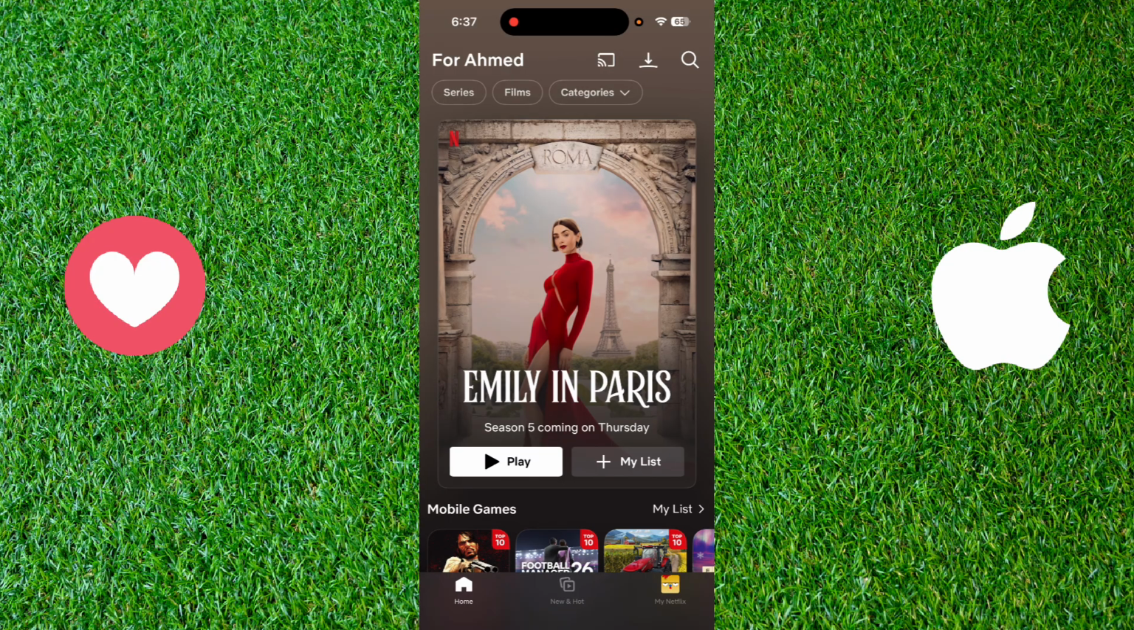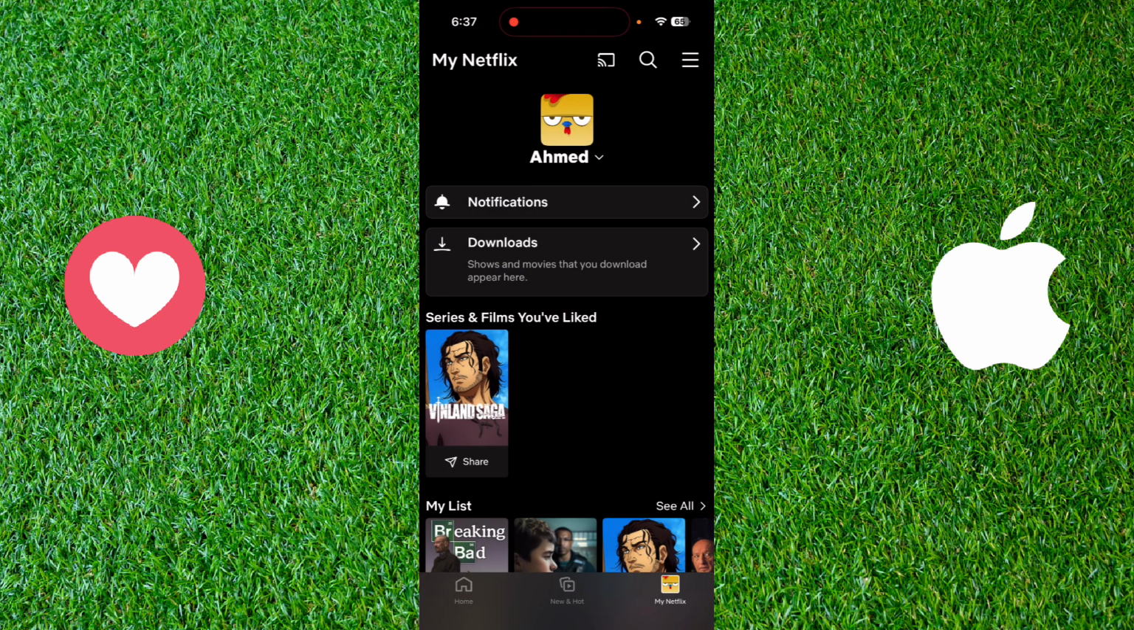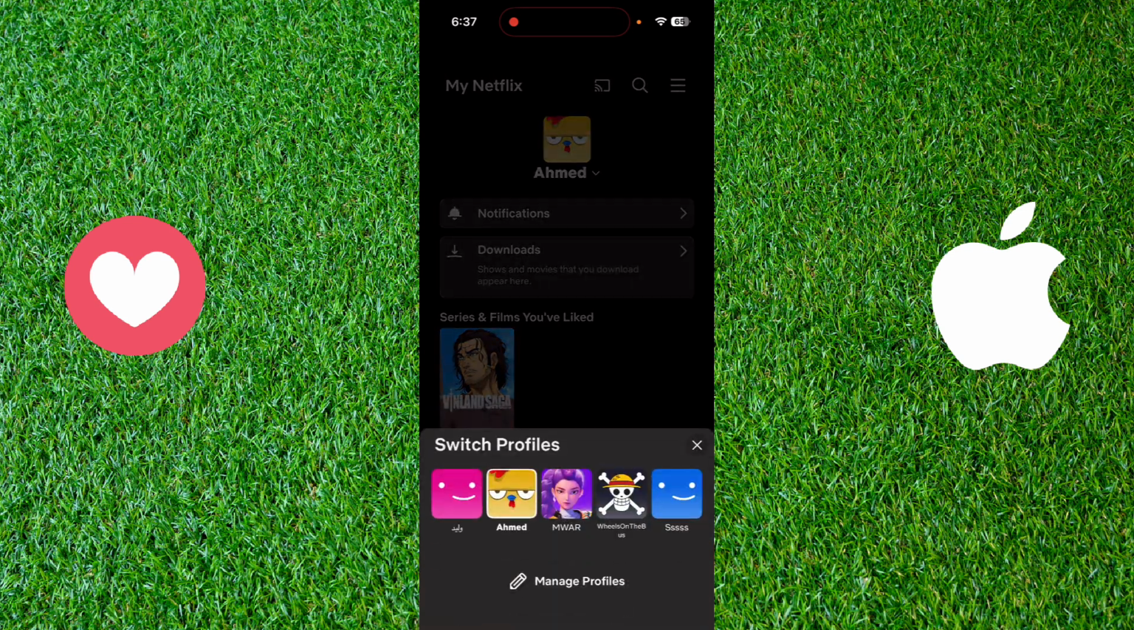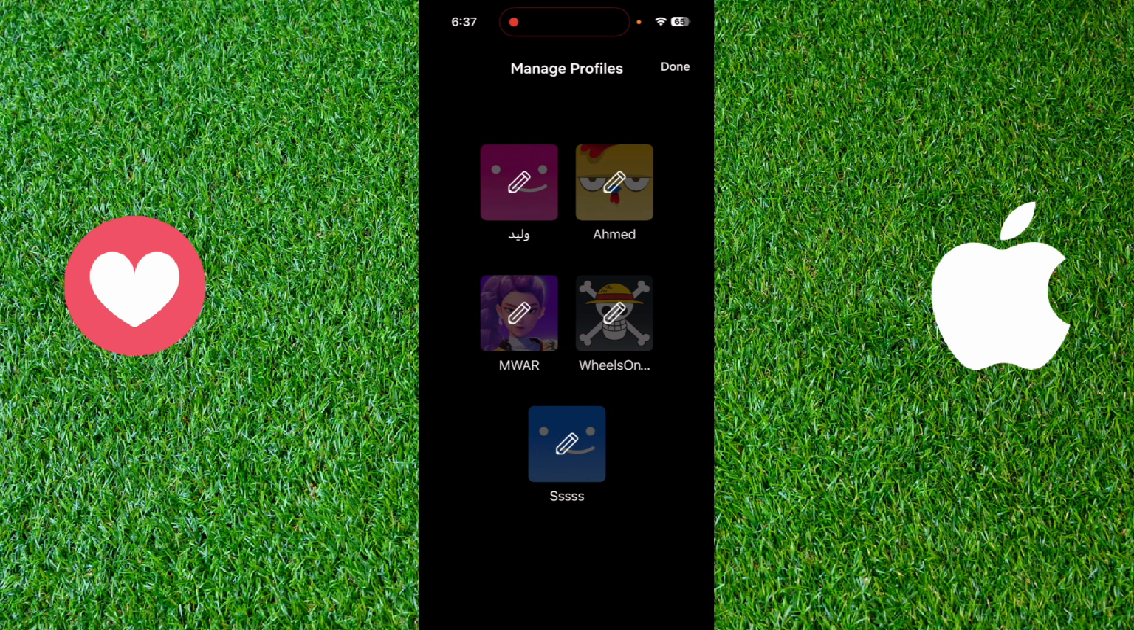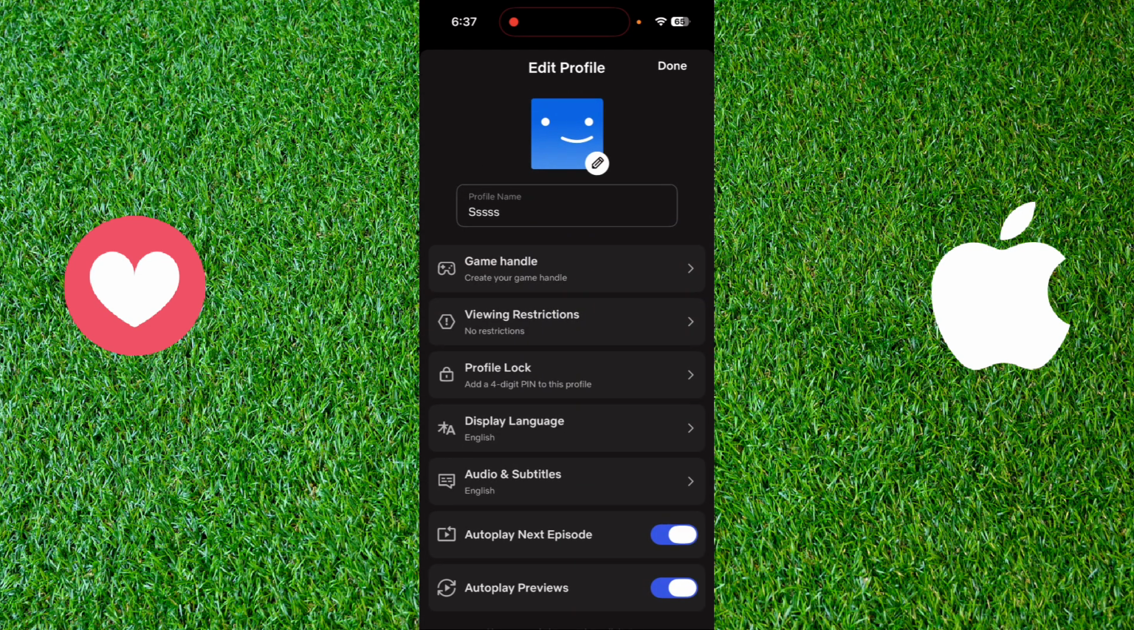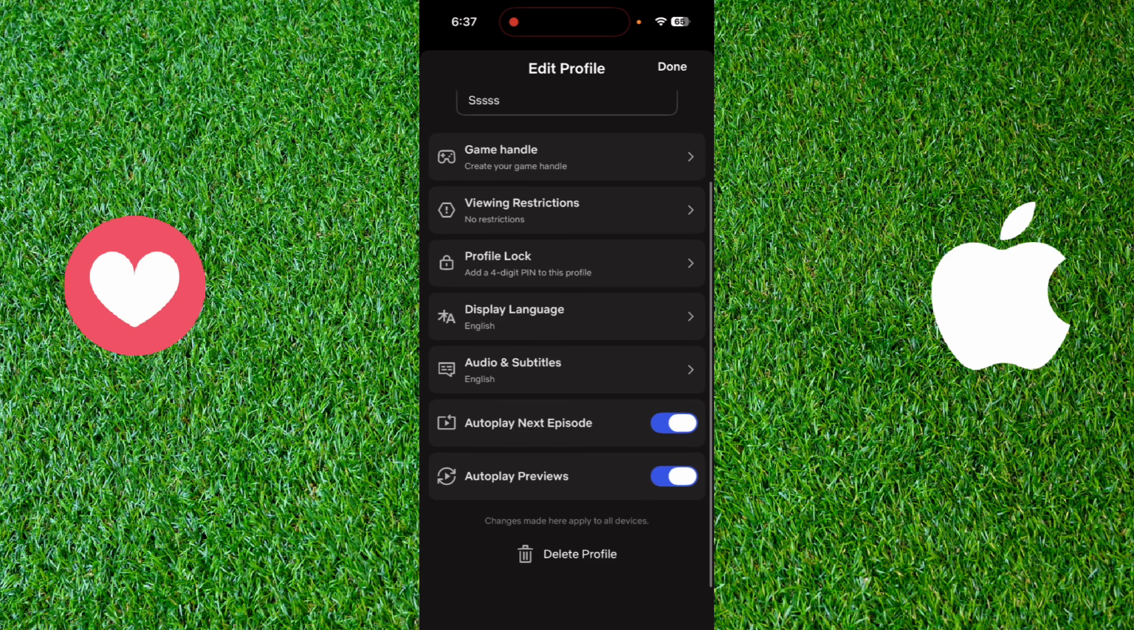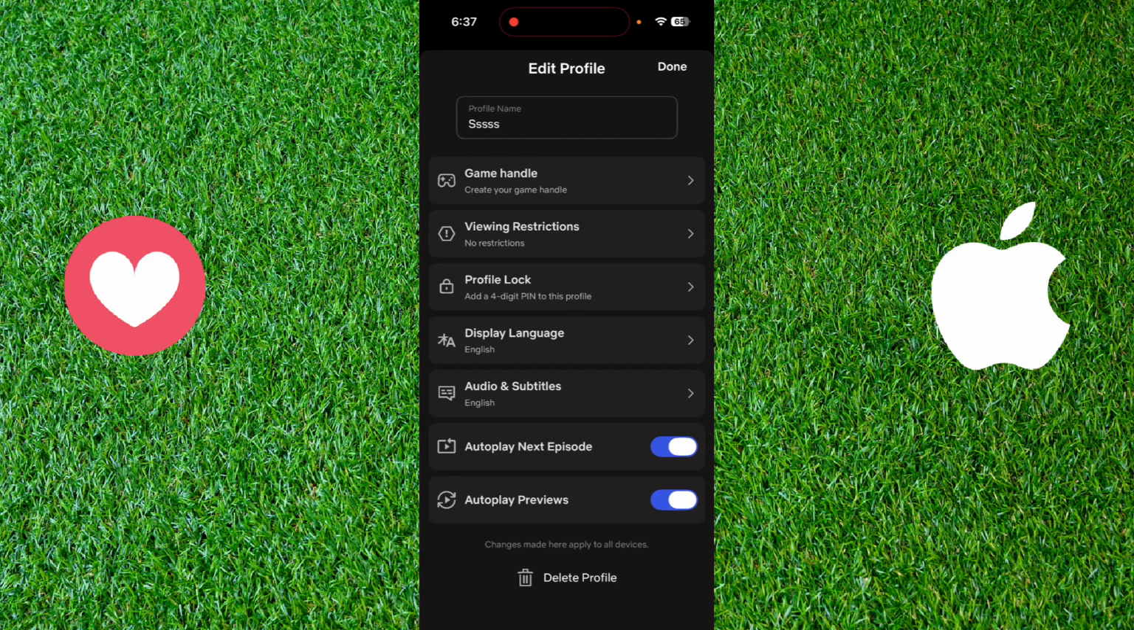And after that, click on My Netflix, which is on the bottom right of the screen. After that, click on your name or the name of your profile. And after that, click on Manage Profiles. And for example, I will go to that account or profile, and scroll down until I find an option called